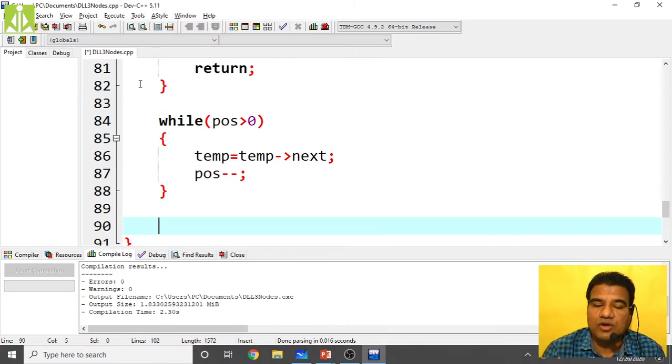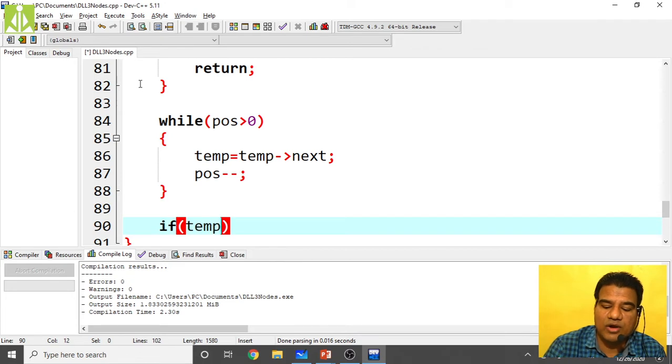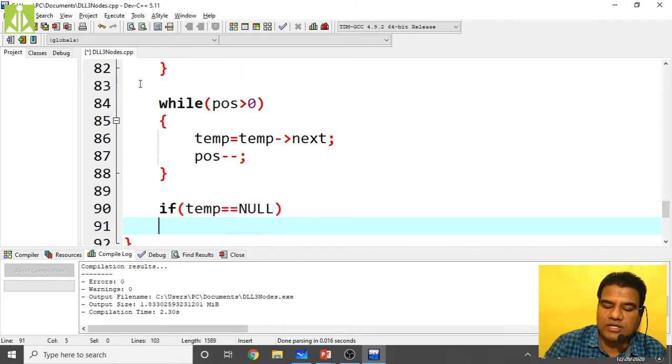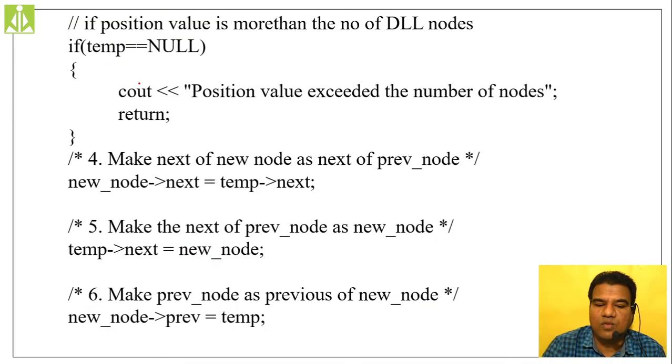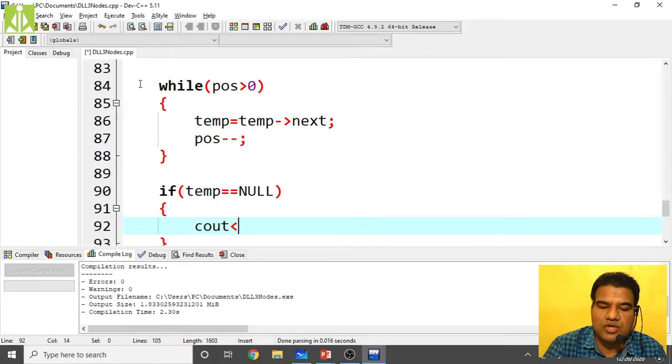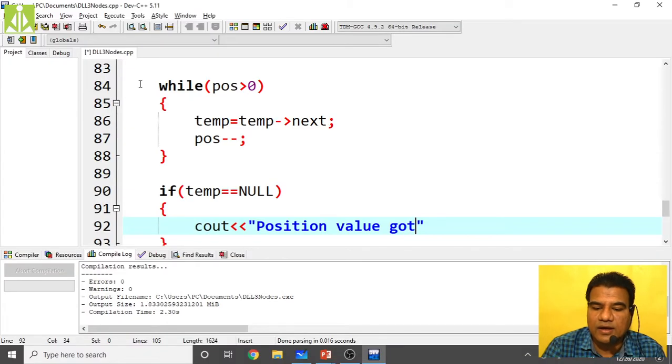When your position value got exceeded, your temporary pointer will become null. So we check if your temporary pointer equals to null. If your temporary pointer is pointing to null, that means your position value got exceeded, the position value exceeded the number of nodes.